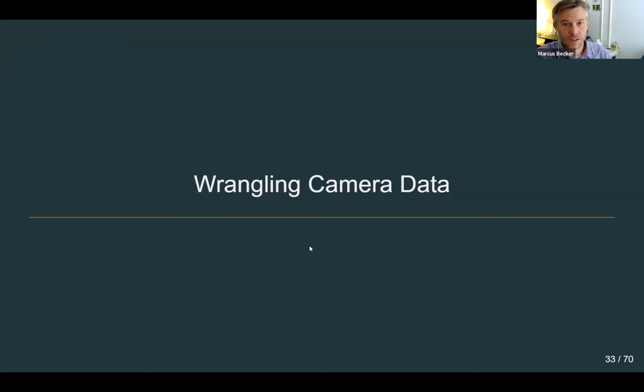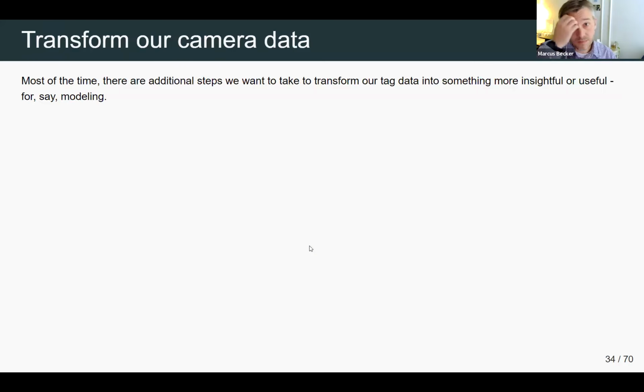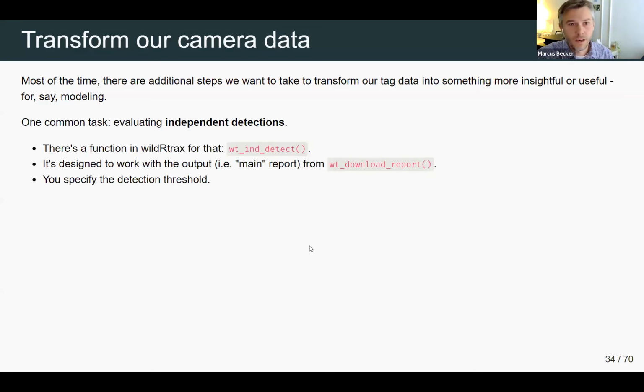Okay, so I'll briefly talk a little bit about a few camera analysis functions that we have in wildRtrax. So we have the tag data loaded, but of course we want to transform it into something that's more useful for something down the road, like modeling. One common task that a lot of people like to do as a first step is to evaluate the independent detections in their camera data. So, group the detections into independent events. So we have a function in wildRtrax for that. It's called